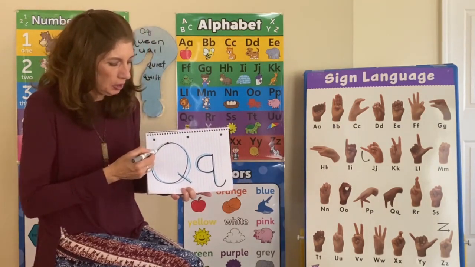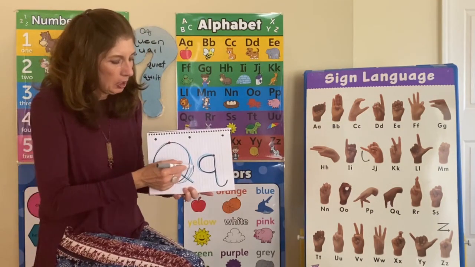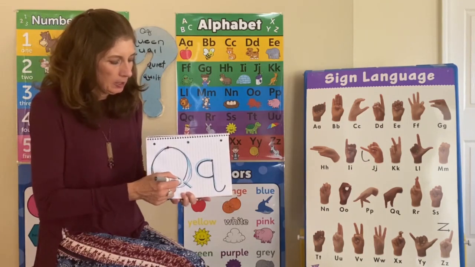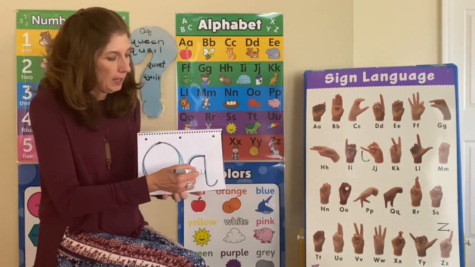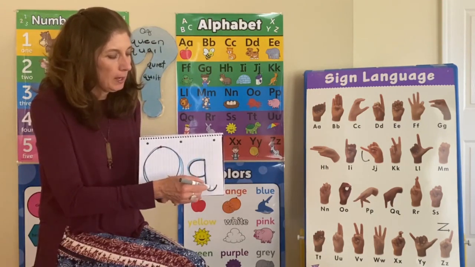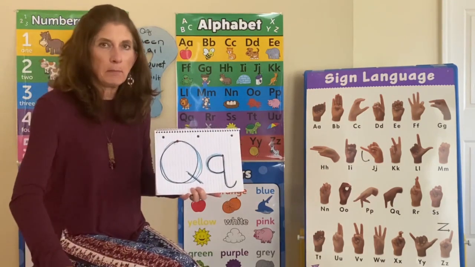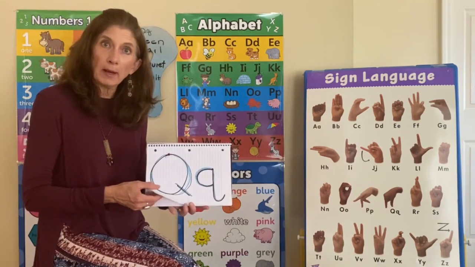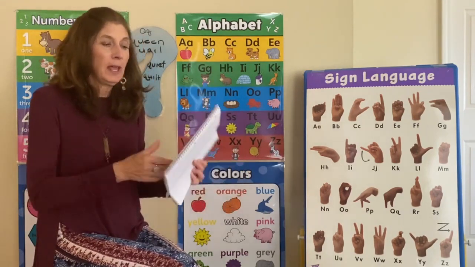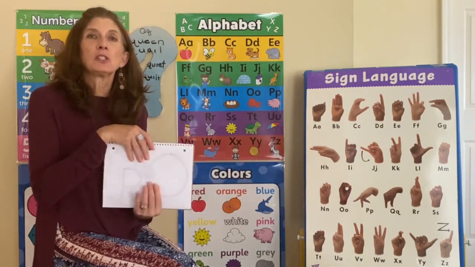So it goes Q, Q, Q, Q, Q, Q, Q, Q, Q, Q. Now you can trace it many more times if you would like. We're going to just do 3 for our rainbow writing. Then we're going to turn it over and we're going to try and think of something that starts with a